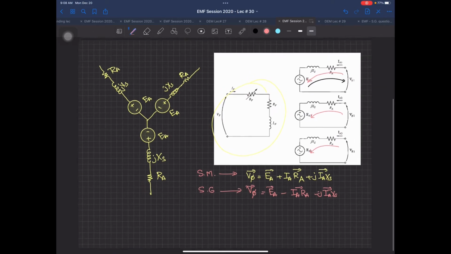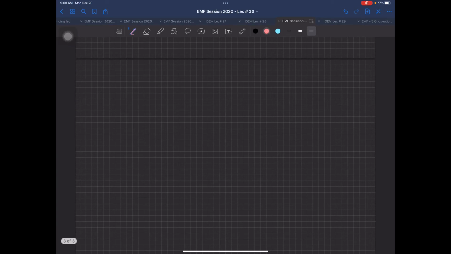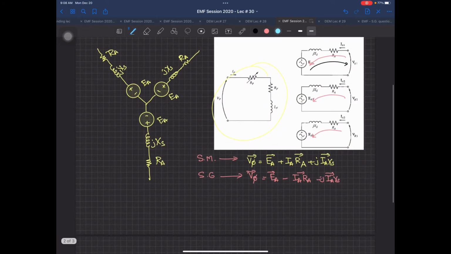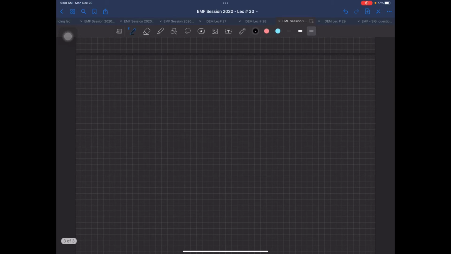So this means now, one thing very important, let's go to the case if there was a synchronous generator and that synchronous generator is going to be converted into a synchronous motor. So if I had a synchronous generator and assuming, one thing very important over here, I am going to assume that IA, RA, they are very, very small. So I'm not going to draw them in the circuit phasor diagram. So if I had a synchronous generator working supposedly in lagging load, which means this is my V phase, and I have my IA RA, this is my IA RA, and certainly when I will extend this one,